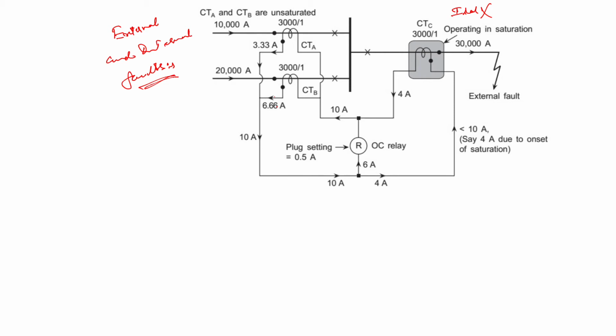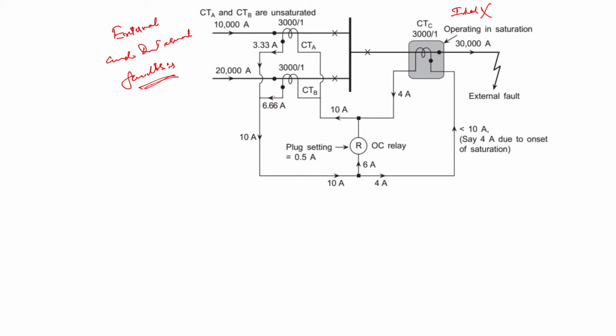The non-ideal behavior of the CT has very serious implications for the protective scheme. Now, the figure here shows the current during the external fault. We have the same system with the same turns ratio, and we have the external fault at CTC. It can be seen that the CT on the faulty feeder has to carry the sum of all the currents fed to the fault by the various feeders.